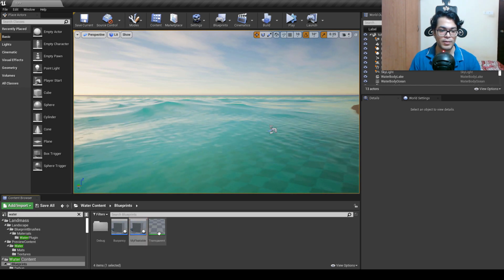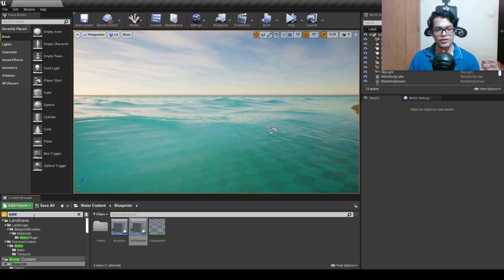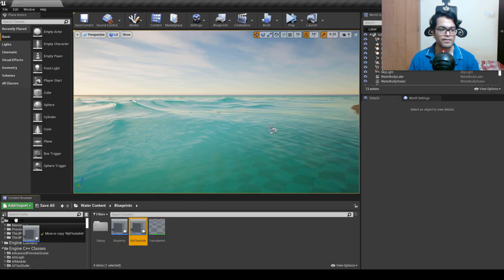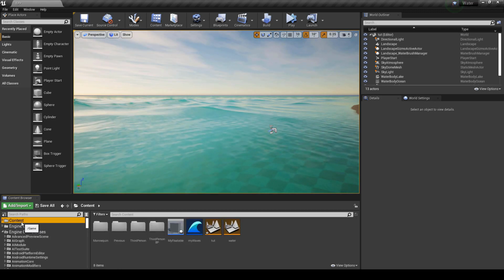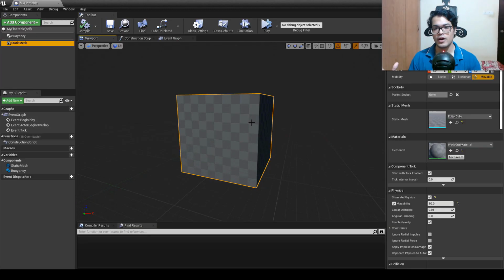So this is our floatable object, and just to organize things, we are going to move this object in the content folder. So just move that there. And double click to open the blueprint, and we can't change the mesh here directly. So if you change the static mesh here, it will not work.